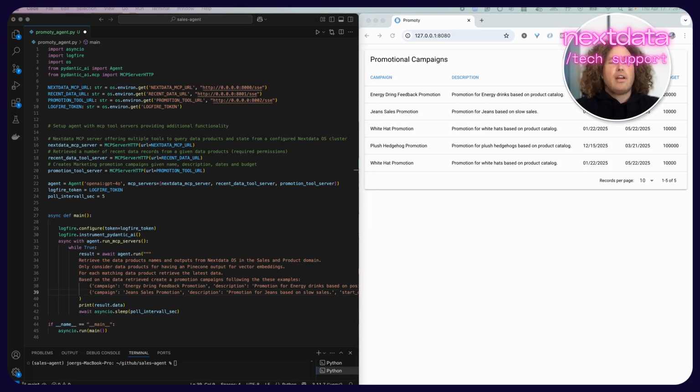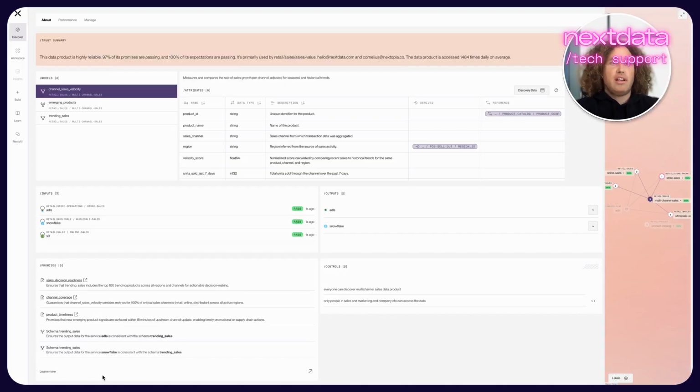Therefore, let us take another look at our multi-channel sales data product Jean-Marc was working with before. First, we can see this data product is ensuring a number of promises. These promises are covering two particular aspects relevant to GenAI and agents. First of all, data quality. As for any machine learning model, GenAI is very sensitive to bad or incorrect data. You can have the best model out there, but with bad data, you will end up with bad results and therefore with incorrect answers or incorrect actions taken by your agent.